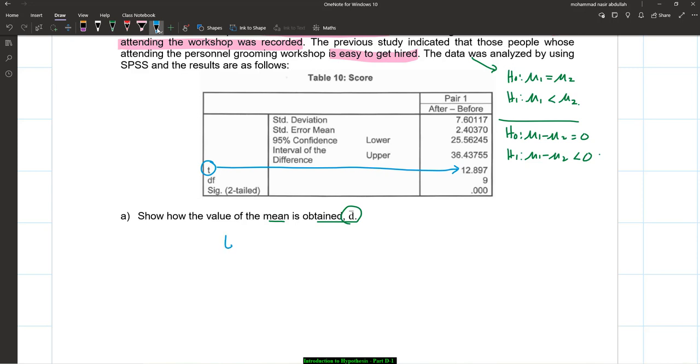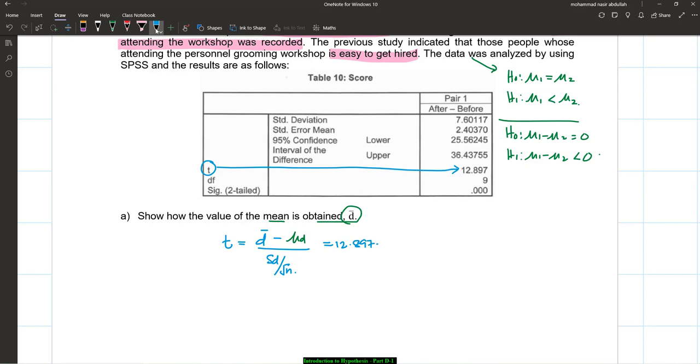So let's use this information. The t distribution is the mean difference minus 0, which is mu d, right? Divided by the standard error of the difference, right? So it's equal to